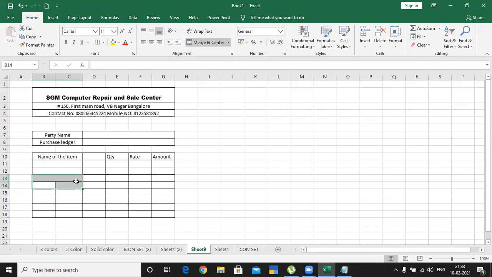Just I'm merging these two, and again click here, merge center. Here also do that, merge center. Okay, so make this bold. Here also make this bold.